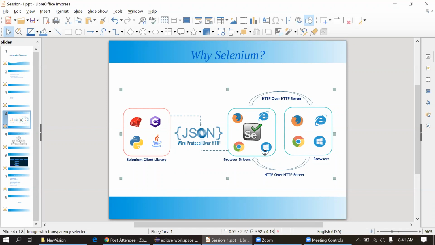So this is the use of Selenium, because it supports multiple languages plus multiple browsers plus multiple OS. So it's cross compatible. That is a benefit, and also it's open source. If you want to learn or do some POCs, we can do it easily without any license purchase.